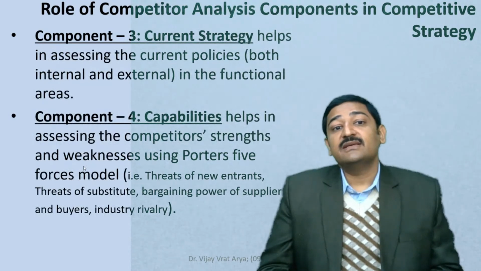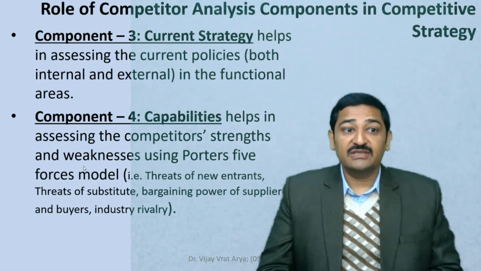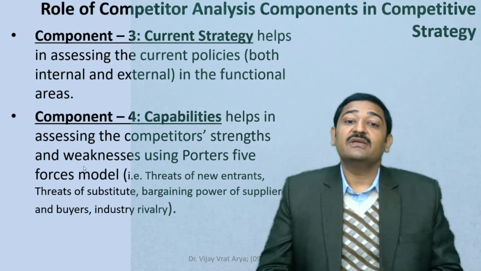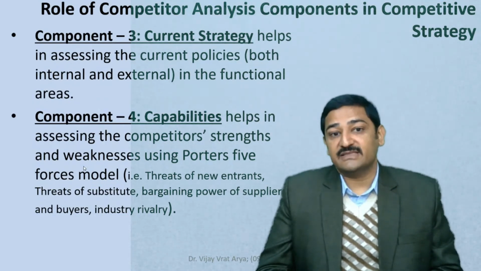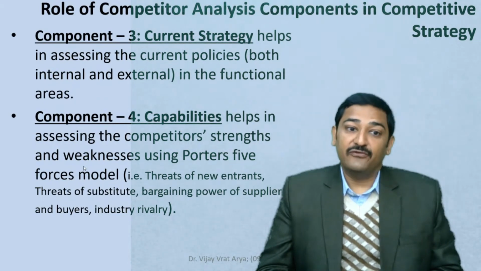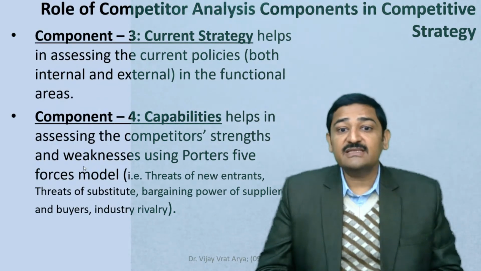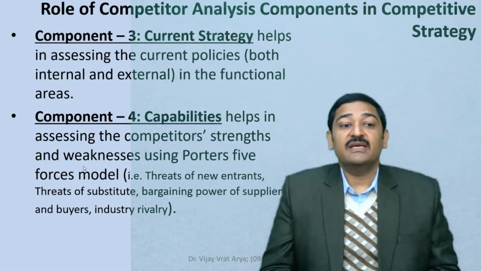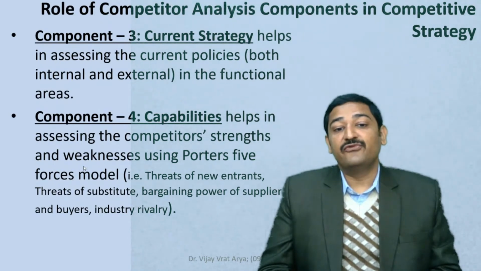The third component is the current strategy, which usually helps the organization in assessing the current policies of the competitor in terms of the functional areas. Both the internal and external policies are considered in this particular case. The fourth and the last component is about the capabilities. In this, the role of the competitive strategy is towards helping in assessing the competitor's strengths and weaknesses using Porter's